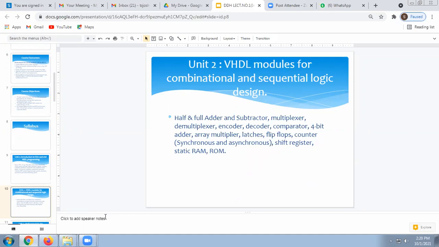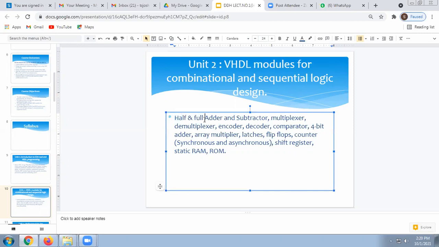Now in this unit, we are actually implementing the code, or we are going to design the code for half adder, full adder, subtractor, multiplexer, demultiplexer, encoder, decoder, comparator, 4-bit adder, array multiplier. Okay, these all are the combinational circuits which do not have a clock signal or any memory element.